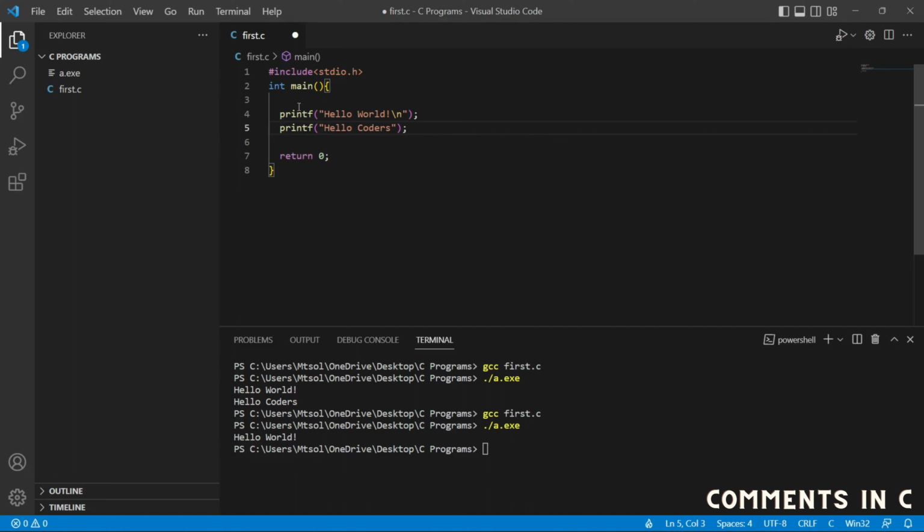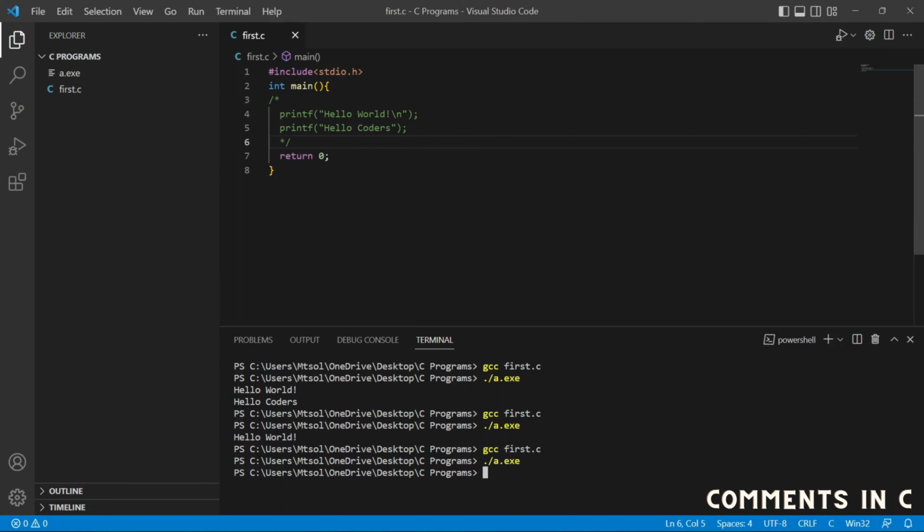Next, we have our multi-line comment. We can write our multi-line comment like slash and star. After that, we have to write our code between these. We have to use this slash star and star slash to make a multi-line comment. After saving this program, we are going to run this again. As you can see, both the lines are not printed here, which means both lines are considered as comments